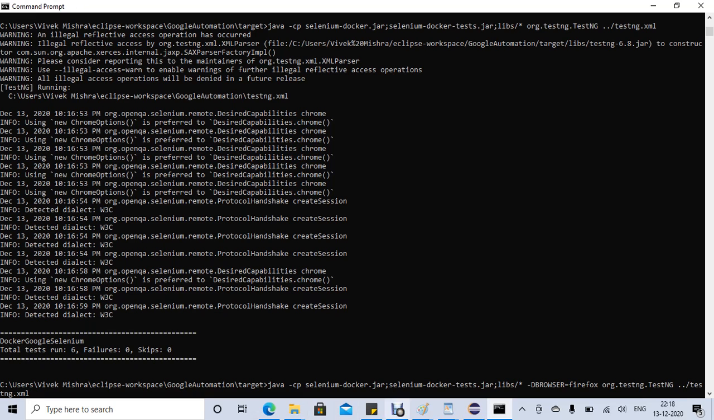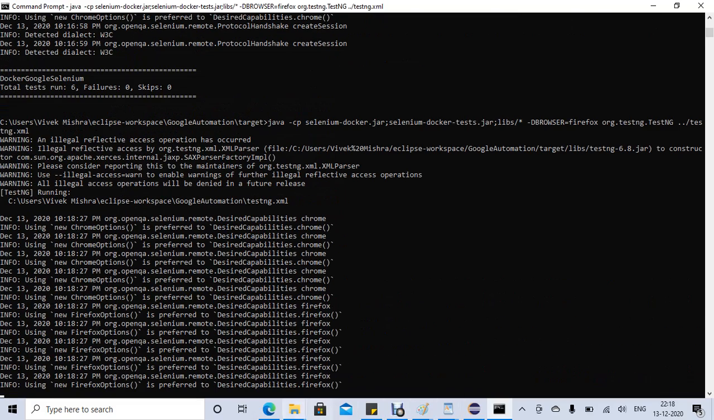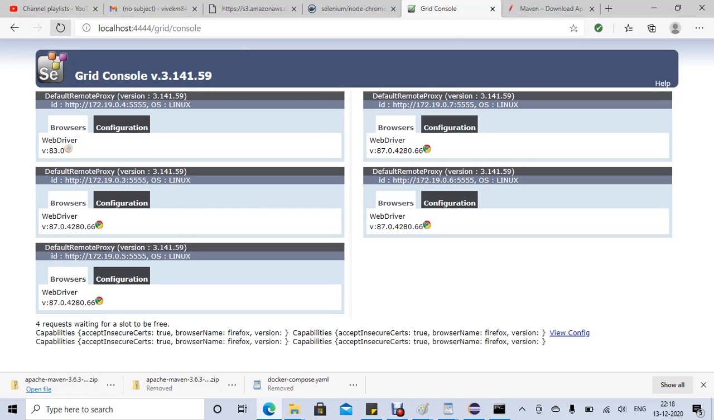Oh, sorry friends, so I have to go, okay, something here, -Dbrowser=Firefox. What else? That's it. So this time it's executing in the Firefox. If you refresh, see, 4 requests are waiting because we have only one instance of Firefox in our grid, right? So that's why. So if you refresh,